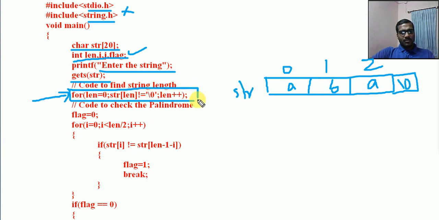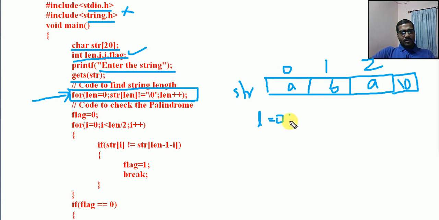This is a for loop that is ended with a semicolon. So what is happening here? Length is equal to 0. This is happening with str. It will assign the initial value of len equal to 0.